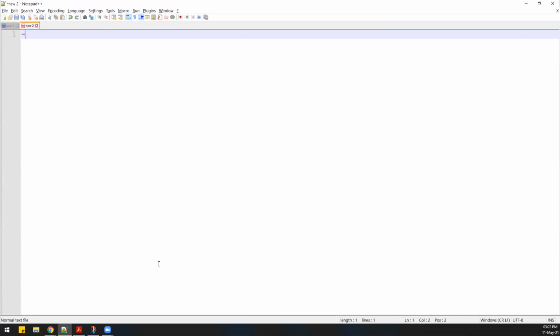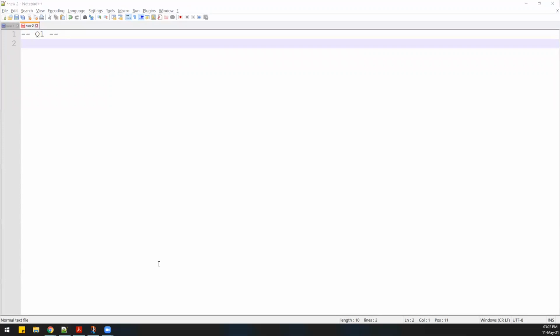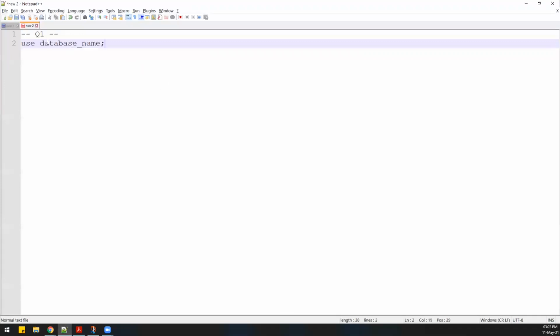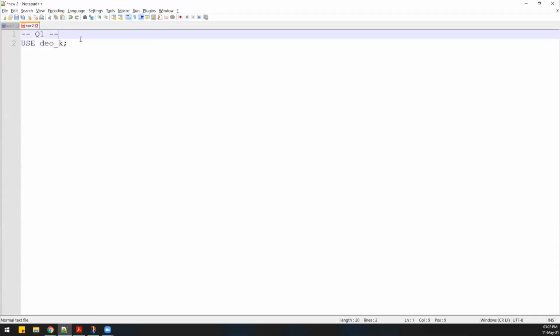So to write comment in SQL, you will put 2 dash and then you will write whatever your comment is. So query 1. So query 1 was to use the database. So I'll write use and then database name was dev underscore k. In your case, you will write your student ID. So that was query number 1.